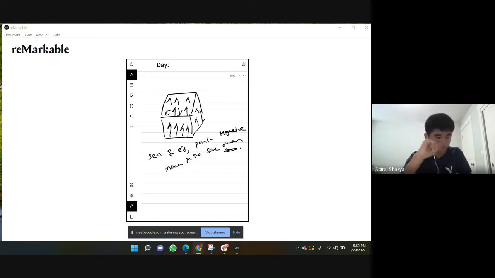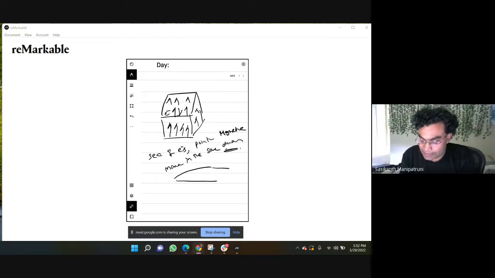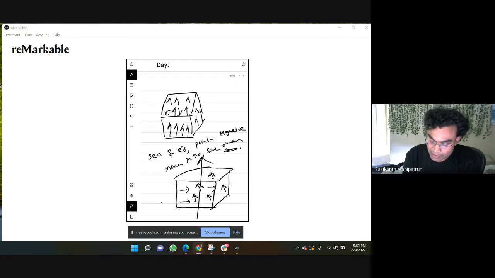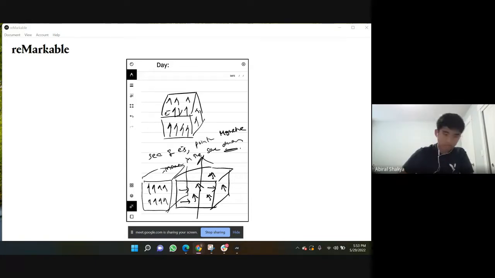How about a paramagnet? A paramagnet is a sea of electrons where the electrons are not pointing in the same direction, but the moment the external magnetic field comes, they'll all point in the same direction. So are there more materials that are ferromagnets or paramagnets? There are